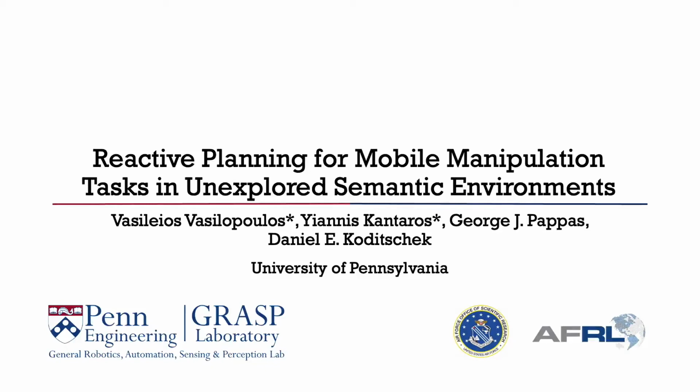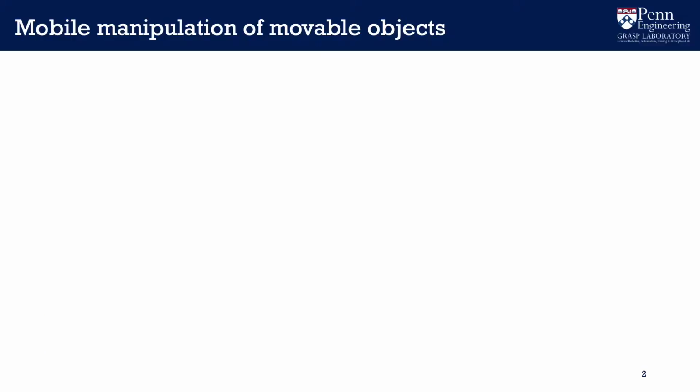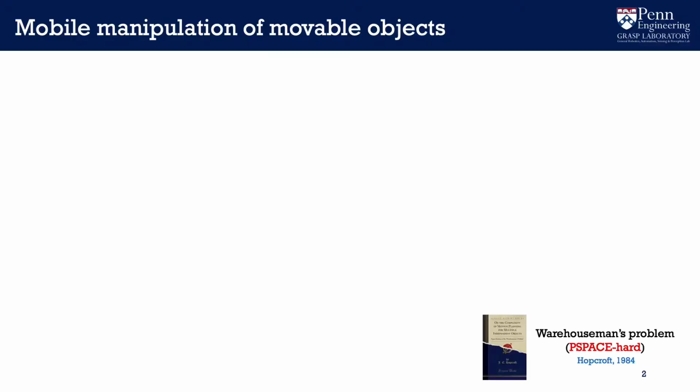Hello, I'm Vasilopoulos and I'm going to present you the work Reactive Planning for Mobile Manipulation Tasks in Unexplored Semantic Environments, done with my colleagues Yiannis Kantaros, George Pappas, and Dan Koditschek at the GRASP Lab of the University of Pennsylvania. When we look at the problem of mobile manipulation of movable pieces in the robot's environment, which is known